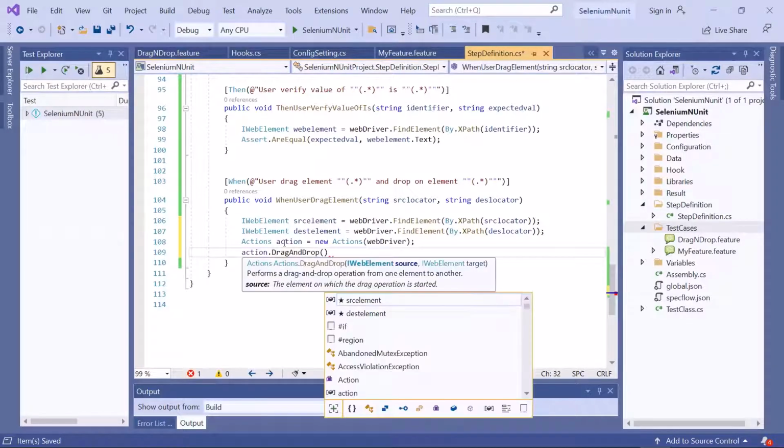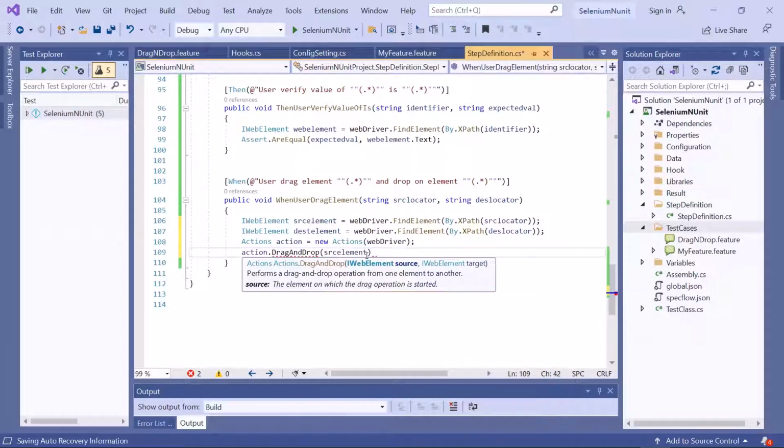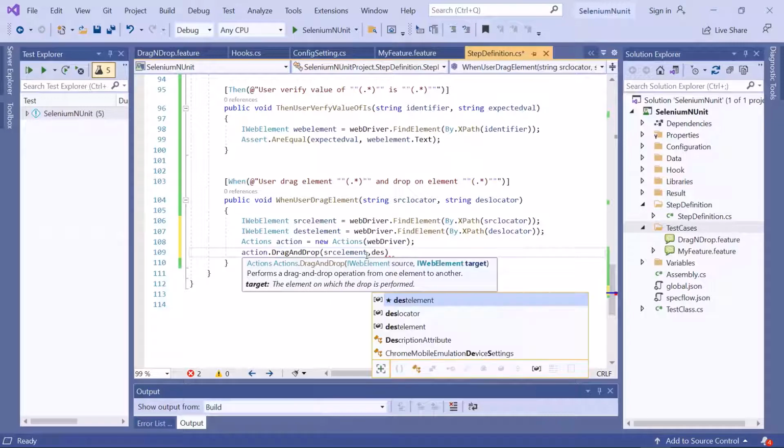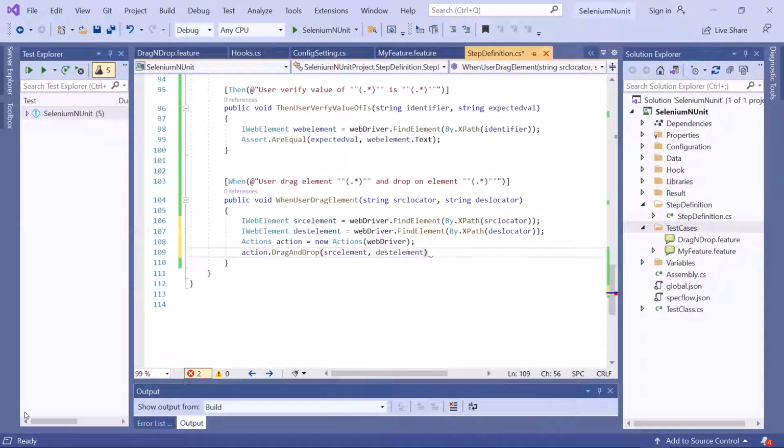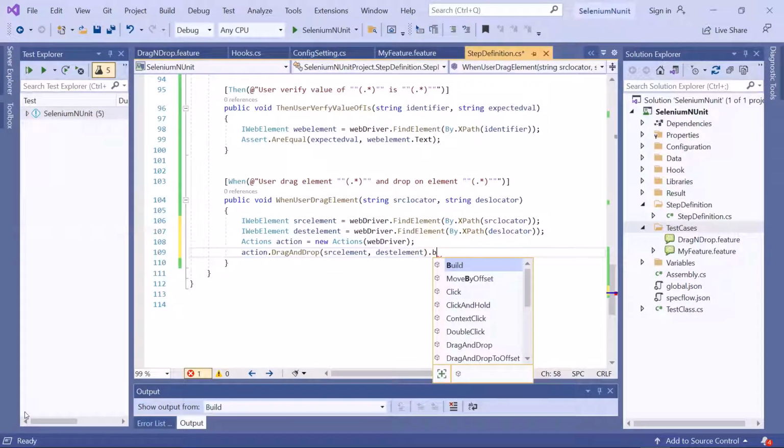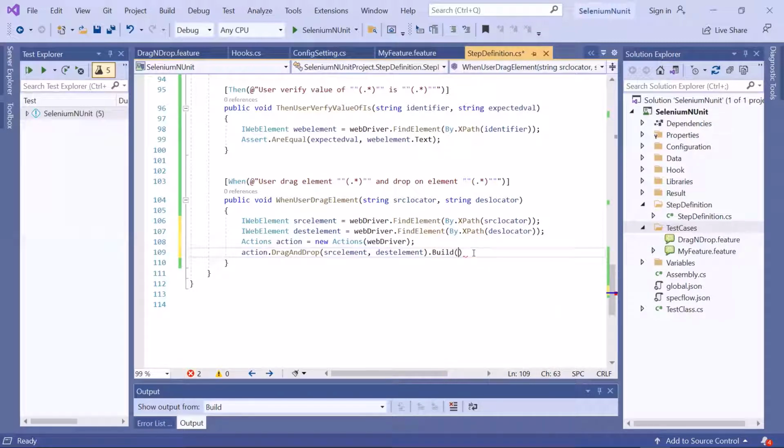This method takes two arguments. First one is the source element and the second one is the target element. After that, use build method to build the sequence of actions, and then call perform method to perform this action on browser.